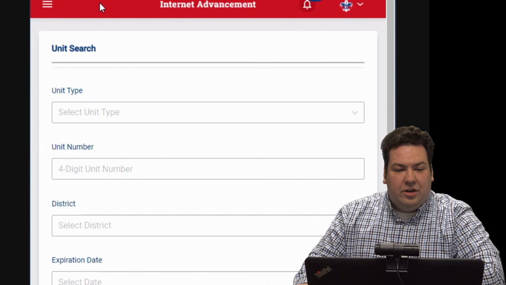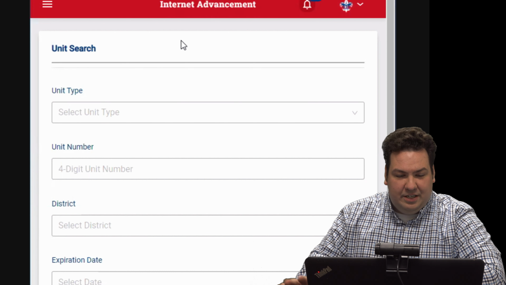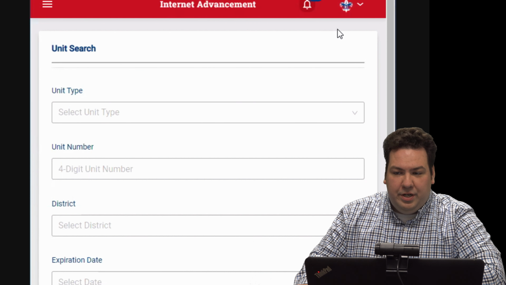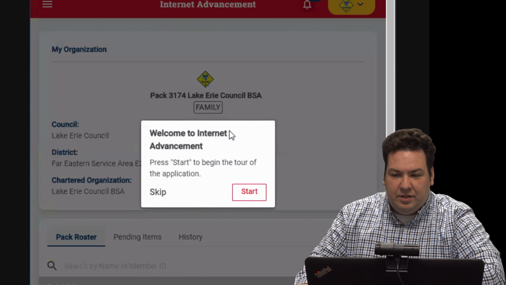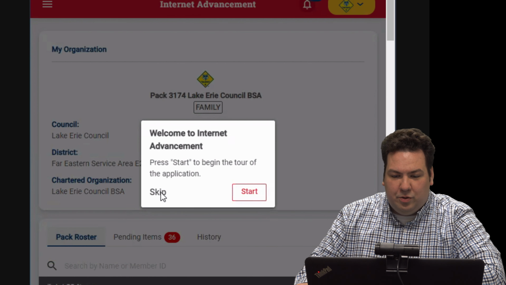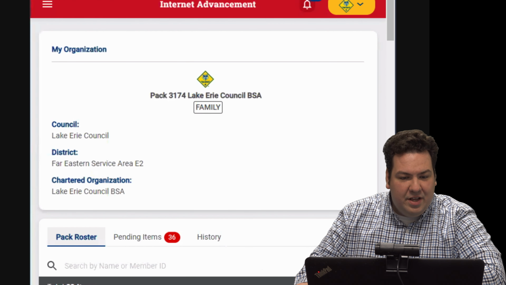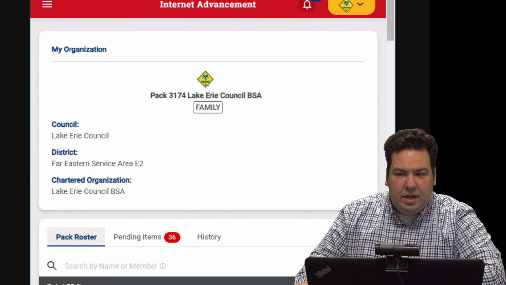Now, in order to ensure the unit you're rechartering for is reflected in the system, you're going to go to this button here in the top right of the page, and yes, today we're doing pack 3174, and that's the unit I'm selecting here, and now we can see it, and I'm going to skip this tour for now. Okay, so now that we're here in pack 3174, let me just expand this a little bit